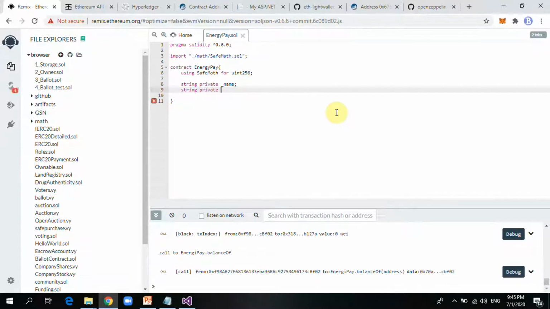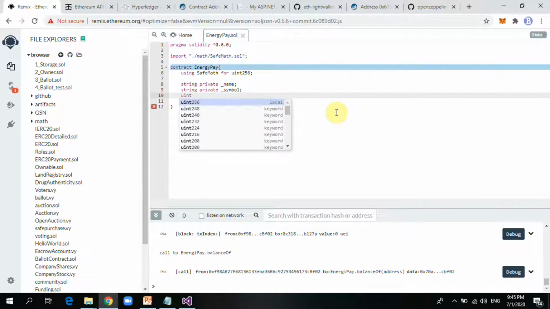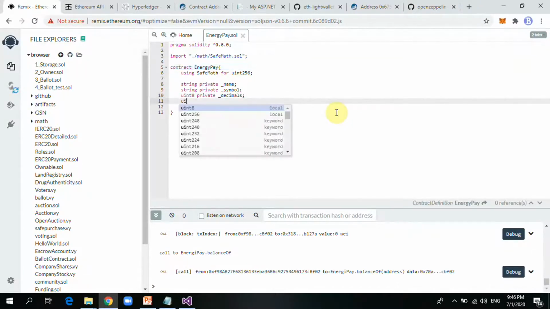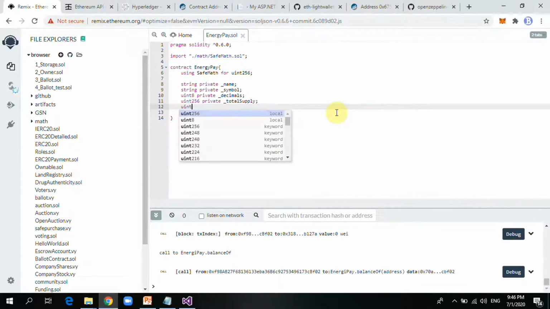Token symbol, then decimals, which of course is going to be 18 decimals, then uint256 private. We need to see the total supply of the tokens that are currently in circulation, and then we need to declare a transaction count, uint256 private